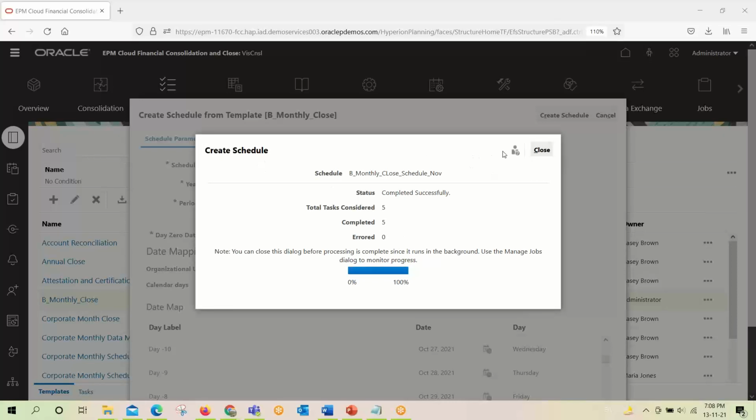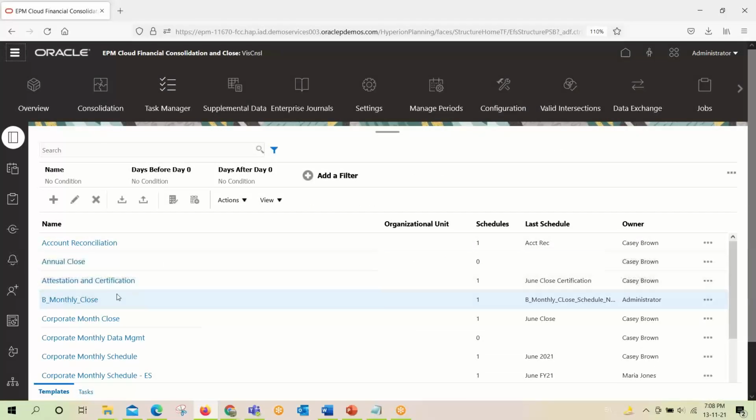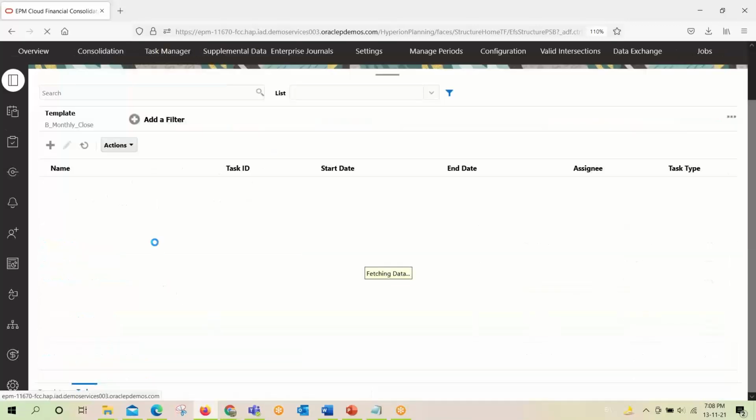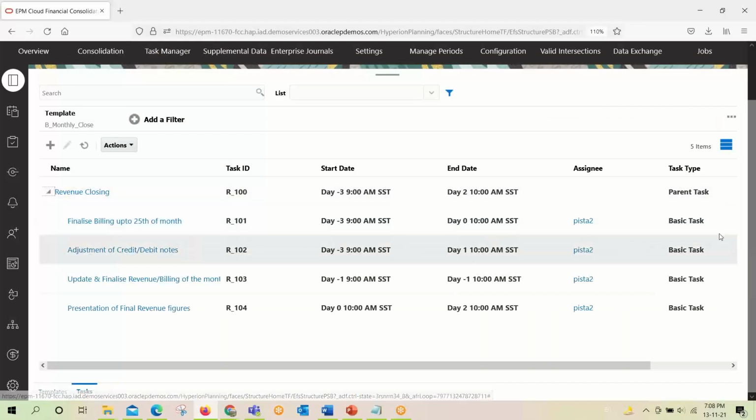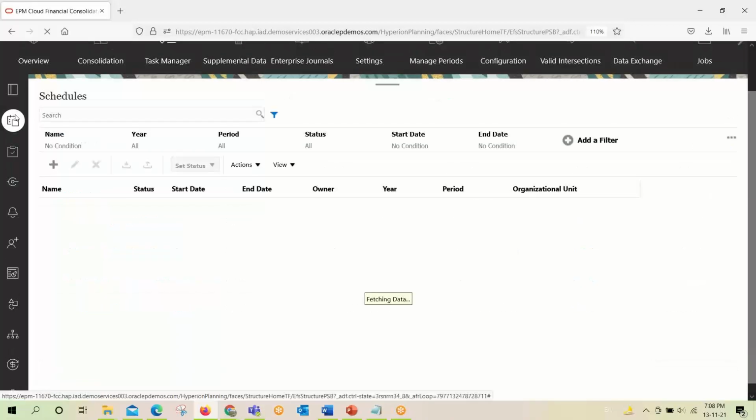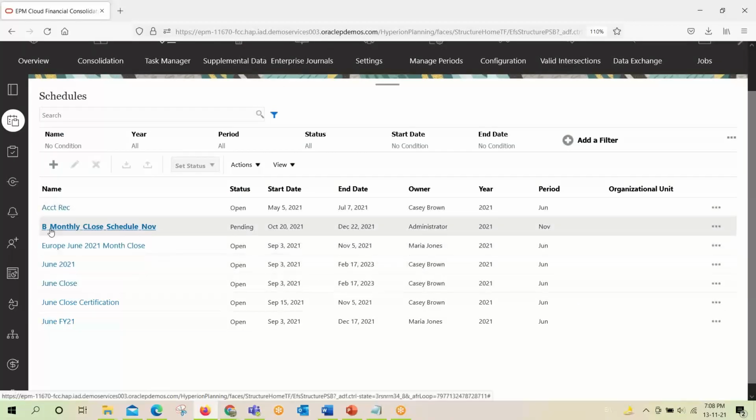So this schedule has been created, and now the schedule which we have created can be seen here. How many schedules are created under this template? It is 1. So we have created the template, created the tasks, assigned the tasks to the template, and created the schedule.